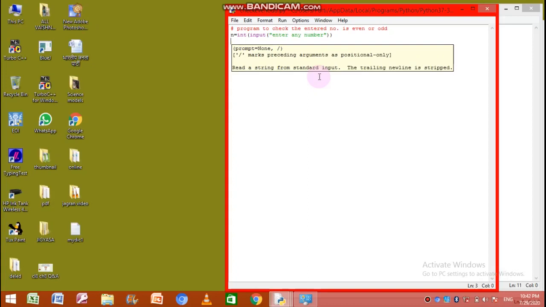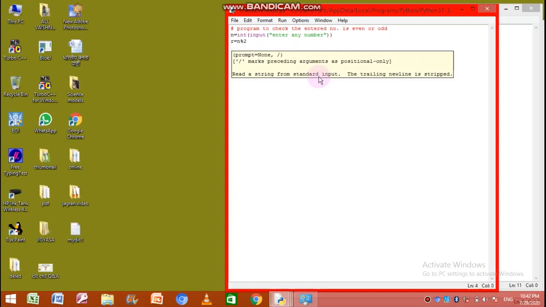If the number after division by 2 gives the remainder 0, it means it is an even number, otherwise it is an odd number. So we can use a variable r, and we can write r is equals to num mod operator 2.